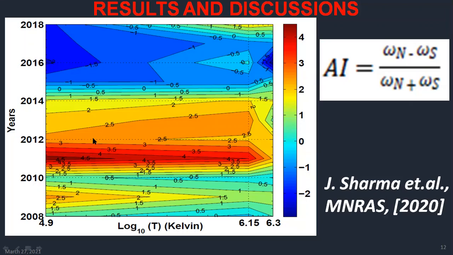Some interesting results are, first, the average asymmetry for all wavelengths follows the same type of behavior as that of the individual wavelengths. And second, the asymmetry index is highest in the year 2011 and decreases on both sides of this year. Here it seems that asymmetry in rotation rate leads the solar activity.